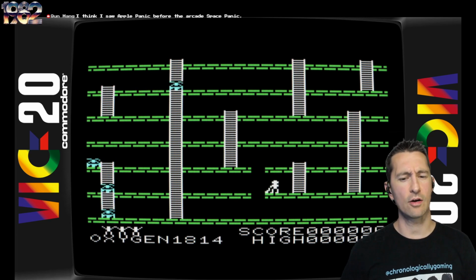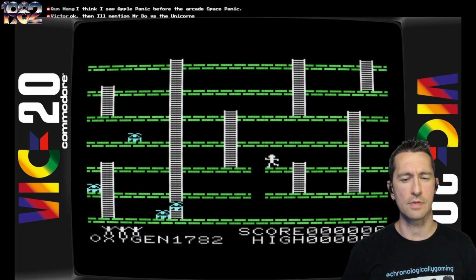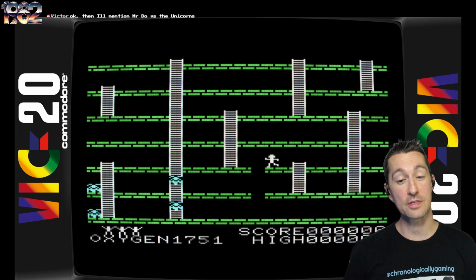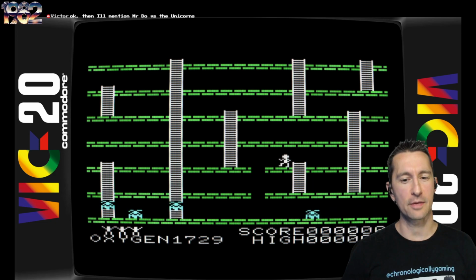There's also no sound, so don't adjust your audio. I'm not getting anything out of the VIC-20. This one seems a little bit more mediocre compared to other VIC games. Apple Panic, we've already seen on the Commodore VIC-20 too. Even though it was originally for the Apple II, I would say they should have called it Vic Panic, like this one. But Vic Panic, though, is slow... No, the enemies are moving fast, but as far as...